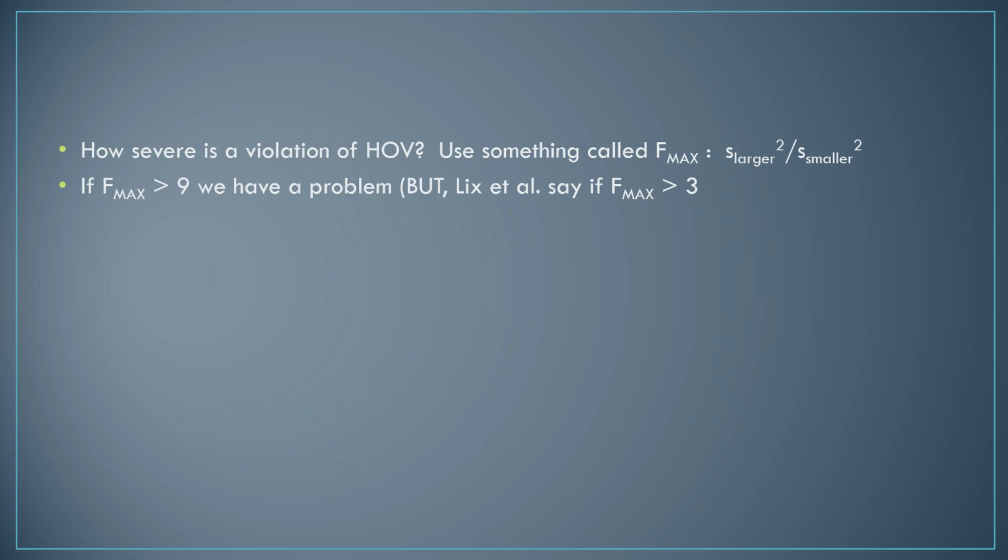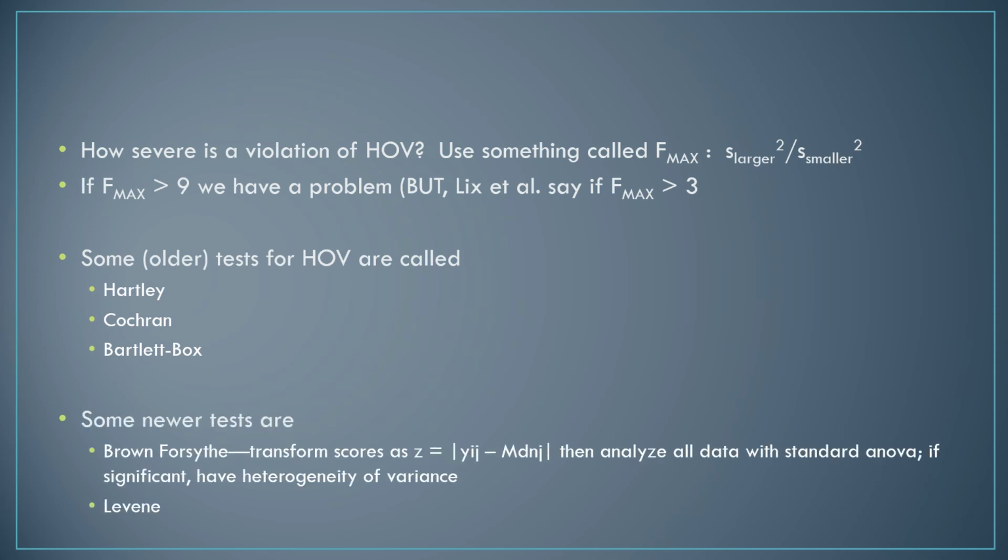So you have to make sure that you understand what's happening in those areas in relation to homogeneity of variance and the ANOVA test that you're running. And some of the older tests of homogeneity of variance are still available, so you could use those also to test for homogeneity of variance. And then there are these newer ones, which are Levene's and Brown-Forsythe, which are the ones that are recommended.